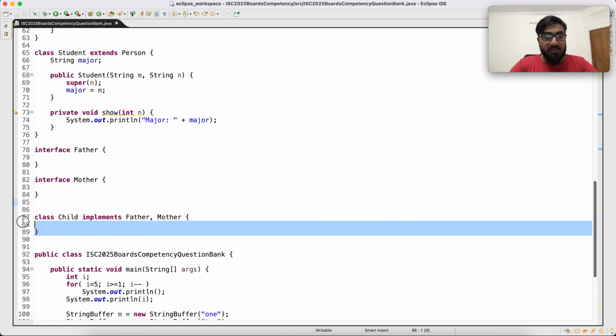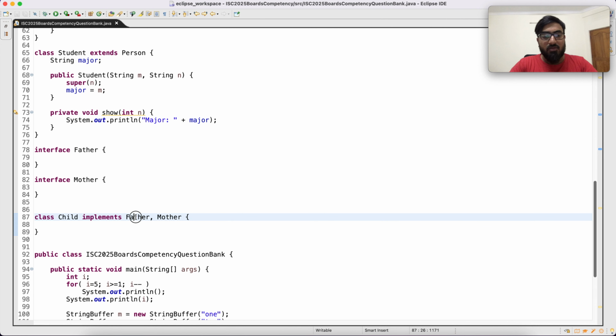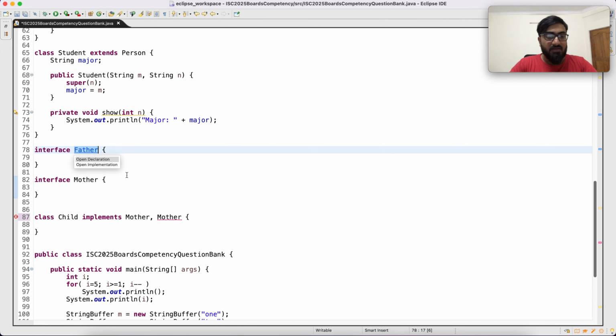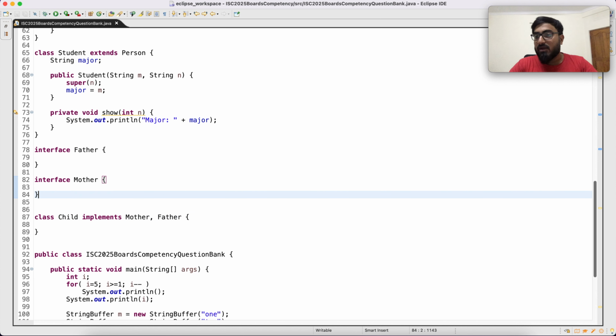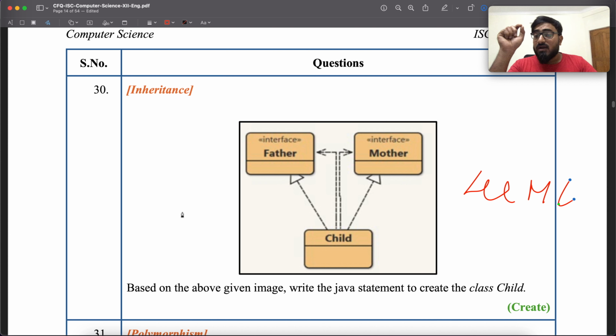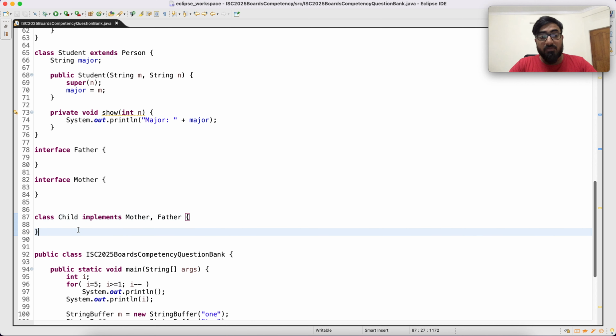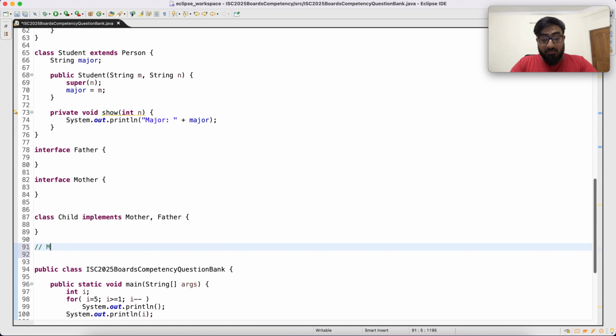You write this part, and the order does not matter. You can put mother first and then father. It does not really make a difference at all. Okay, all right. In Java, multiple interfaces can be implemented, but